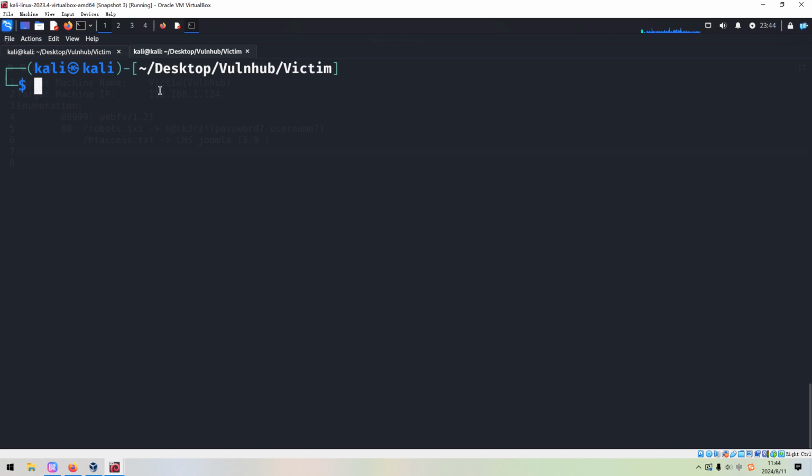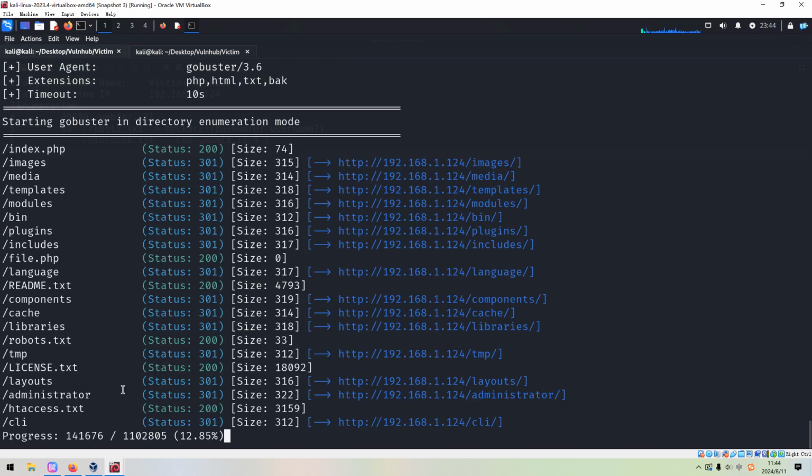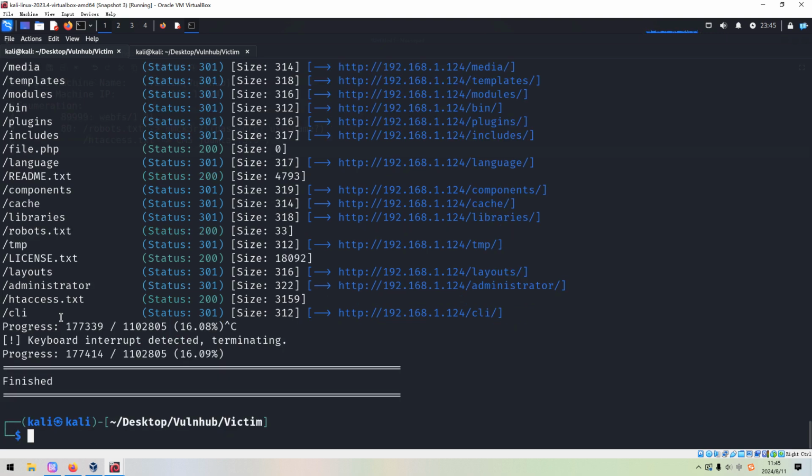Okay, so now we can go back to GoBuster. Of course, although GoBuster can discover many directories or files, because I've already done the Joomla machines, I think all of them belong to the installation of Joomla. And also the reason we have already seen before, this web application is not configured properly. Okay, so I'd like to interrupt it here because we cannot find anything important.